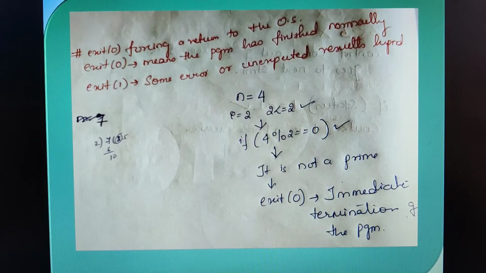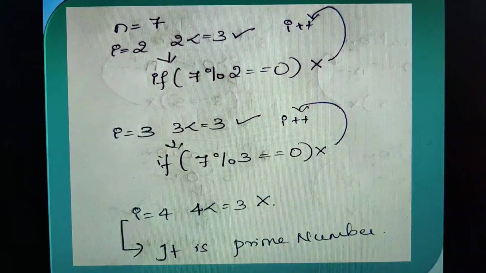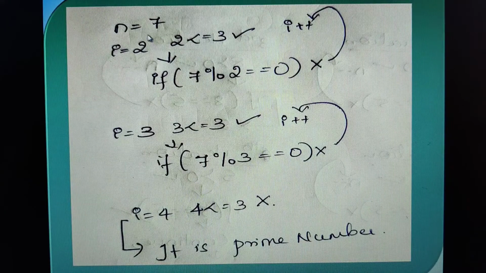Before that, one more example we shall see, children, wherein the iteration would take place. That is the previous example. Yes, this one. Let me consider n value to be 7. So n is 7 means definitely half of it would be 3.5, but because the data type we are using is integer, we will take 3 only. 0.5 will be truncated. So i is equal to 2.